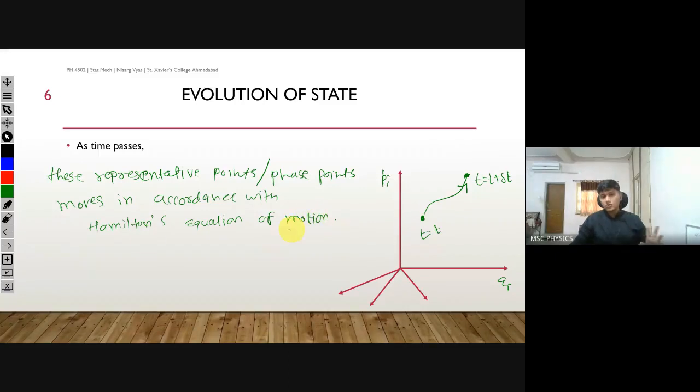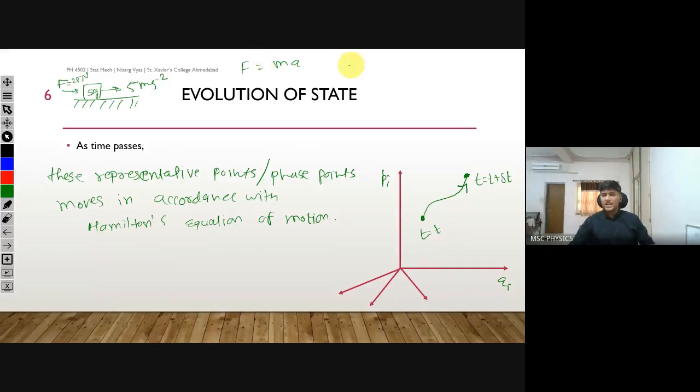Now, is it something new to you guys? No, you have listened to this in the first 4 lectures, but let me again show you a glimpse of Hamilton's equation of motion. Let's talk about a simple example. You have a block sitting on a frictionless surface, and if you apply some force, let's say 25 Newton, onto this block, and this block has mass 5 kilogram, what will be its acceleration? Its acceleration will be 5 meter per second square. This is simple Newton's law that I applied, F equal to ma.